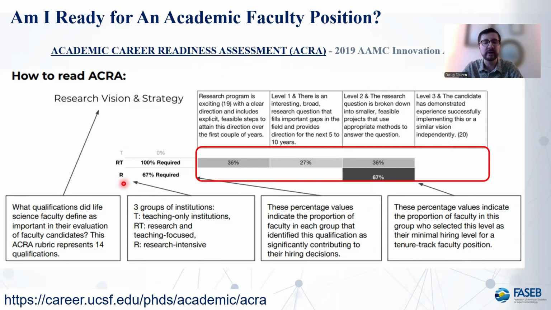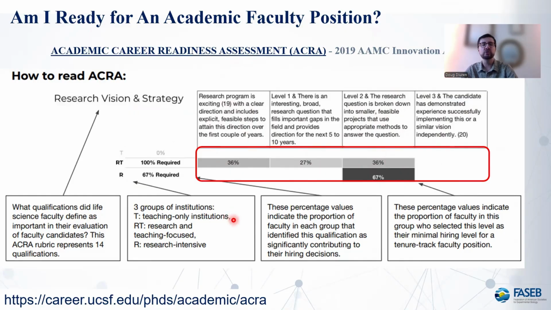So if you are applying for a research only faculty position, the faculty search committees are really expecting that you are at this level 2 or 3, a more advanced demonstration of independent research and vision outline. Whereas if you're applying for more of a research and teaching role, there is an emphasis on that, but it's okay if you are still defining your research vision and maybe grounding it in specific literature, but have not yet shown specific independence in that field.